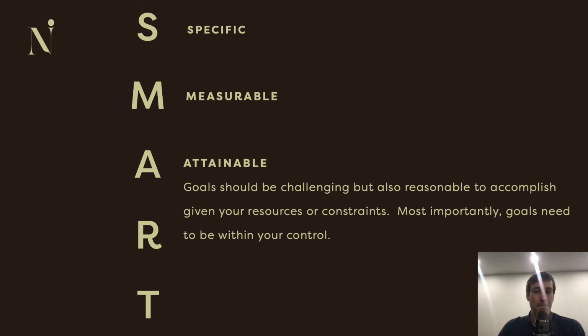So just to recap, we want our goals to be attainable, hard, but not that hard. So roughly 70 to 90% of our goals we should be able to accomplish. And we want our goals to be within our own control. Set goals where you can take actions to achieve them, and they're not dependent on the actions of someone else.